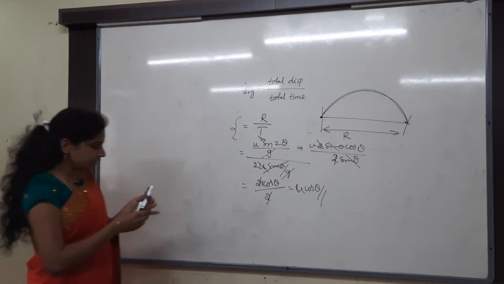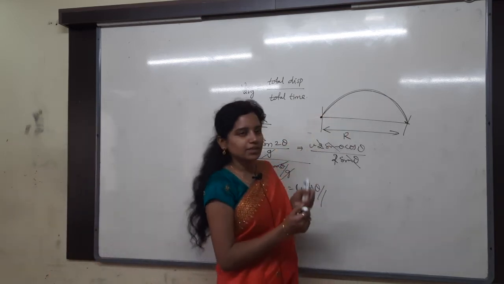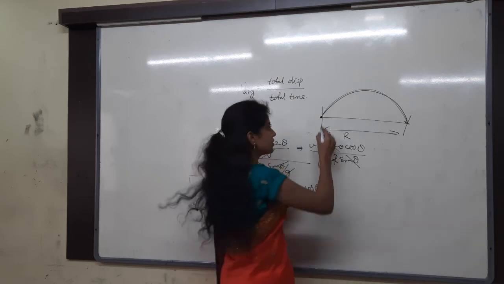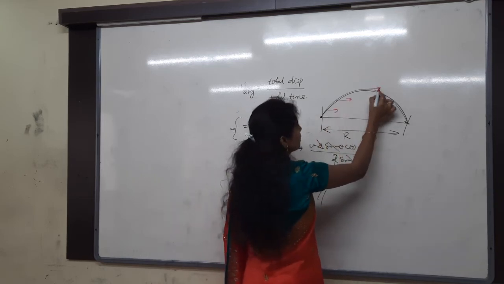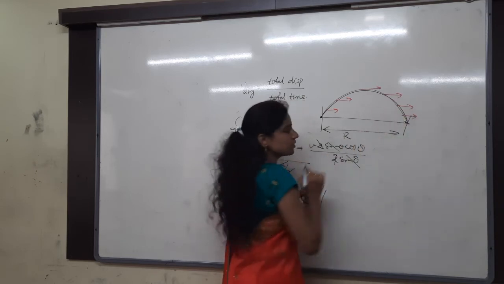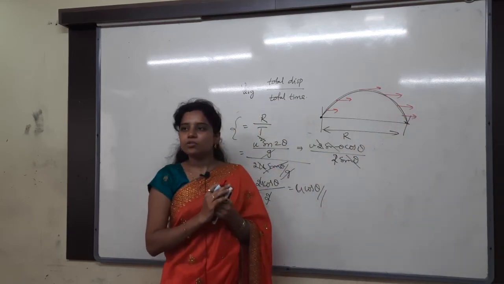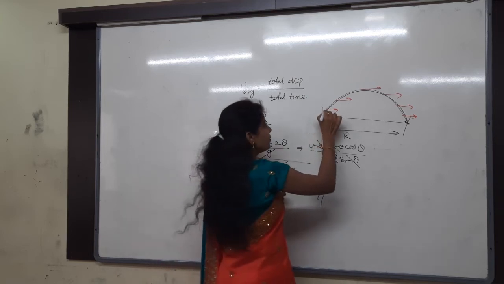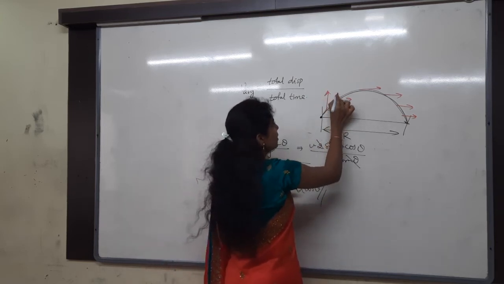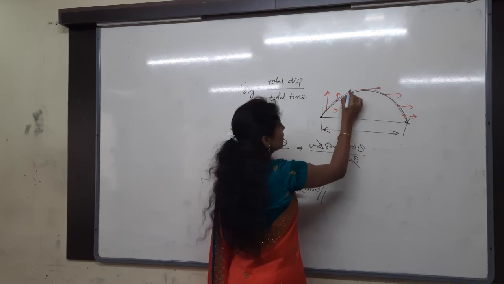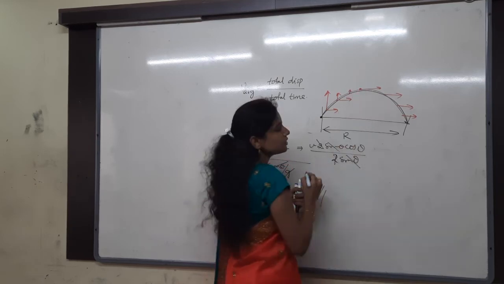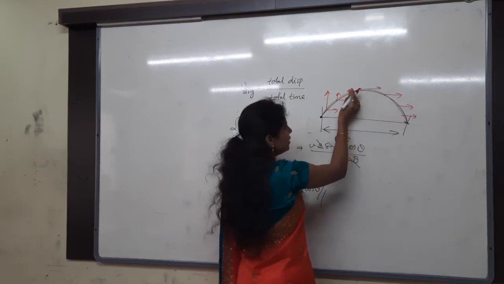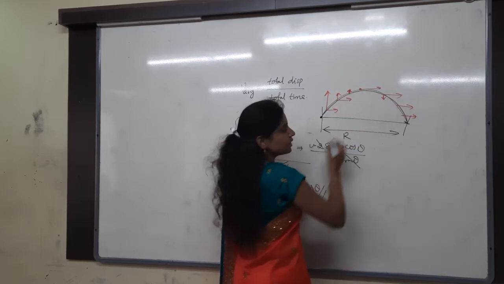See that what I said here, whenever I am projecting in upward direction like this, U cos theta is constant throughout the motion. Everywhere U cos theta is constant. Which is changing here? Only vertical velocity Vy is changing. While going in upward direction, here Vy is maximum, here a little bit less, and then here still a little bit less. Here how much is it? 0.